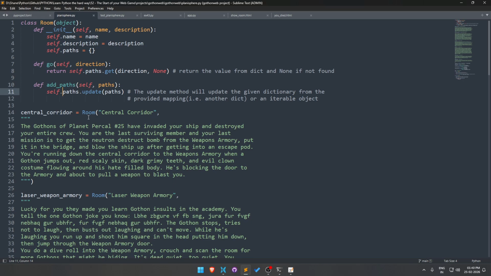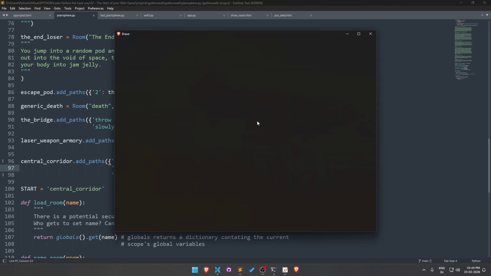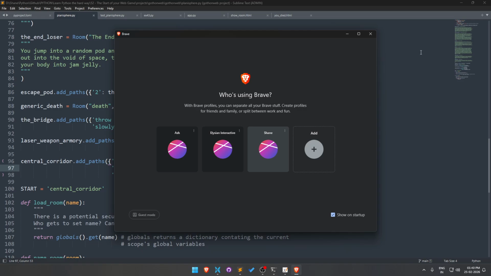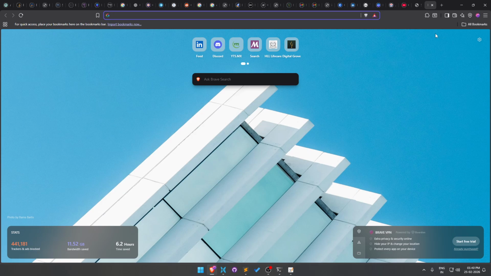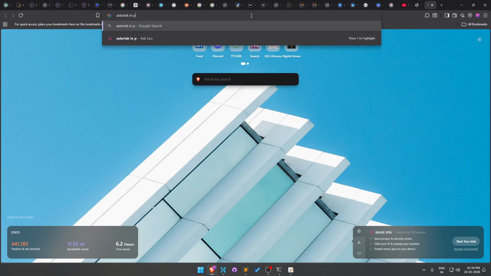Then add path. How did I add path? Okay, so escape pod 2 and winner. Yeah, asterisk. I want to find out more about the asterisk in